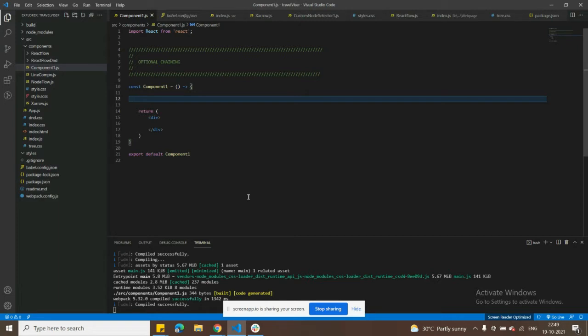So actually, it's a kind of check that we need to include, and it makes it easy to write the code. Like if we have a nested object and we need to check each and every step of data, like whether it exists in the object or not. So just for checking that, we normally do like, let's suppose we have an object over here,